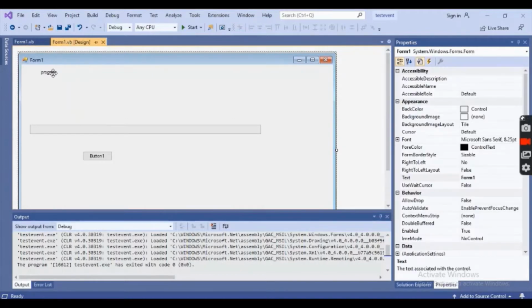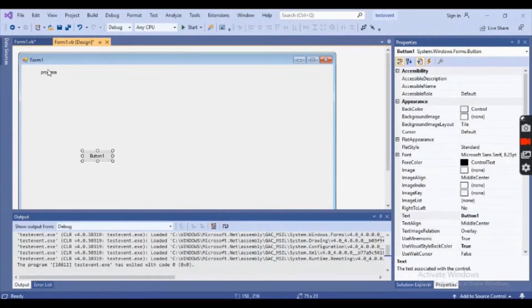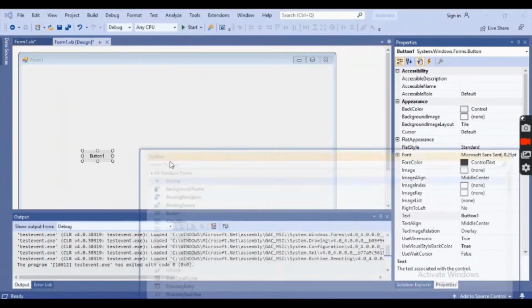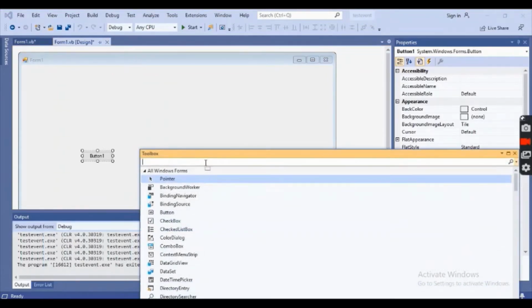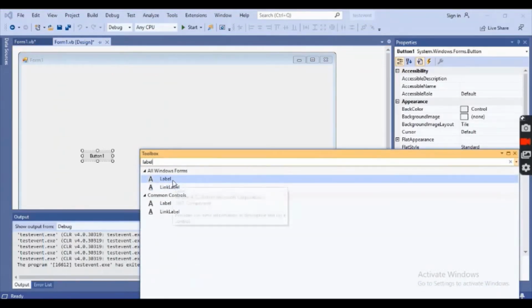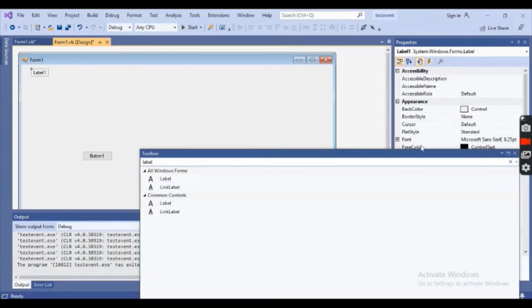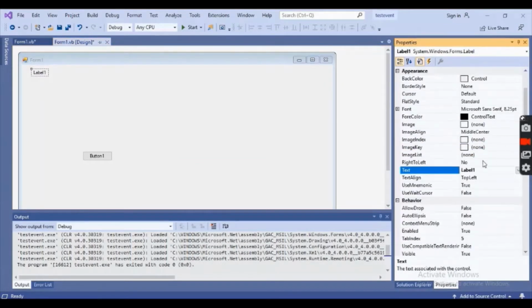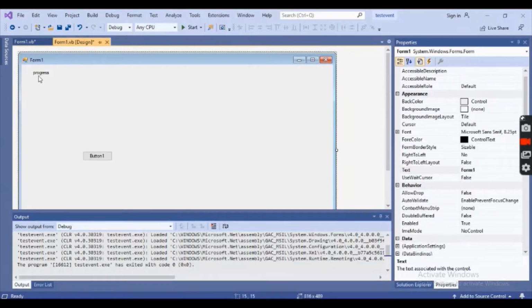Now I'm going to simply show you how to actually create things. In the design view, I will open the toolbox, and from the toolbox I will insert a label. A label is basically anything you want to display on the form. I am going to change the value of the text on this label. Here in the properties I will type in the text Progress. Okay, so Progress is displayed here.